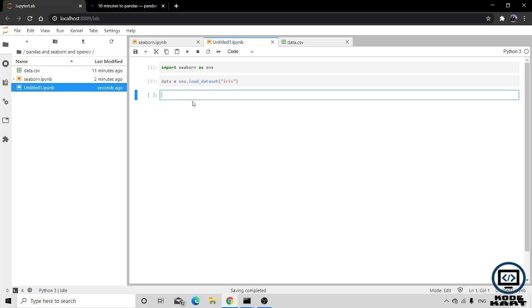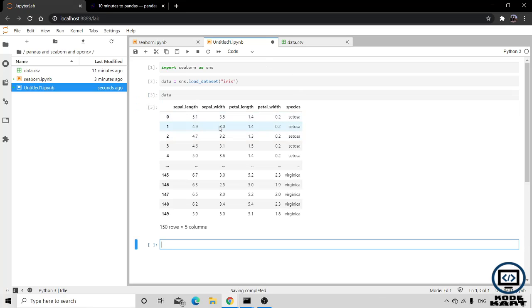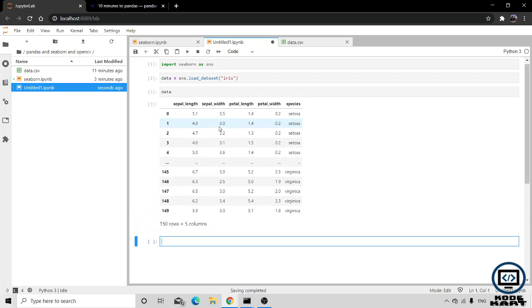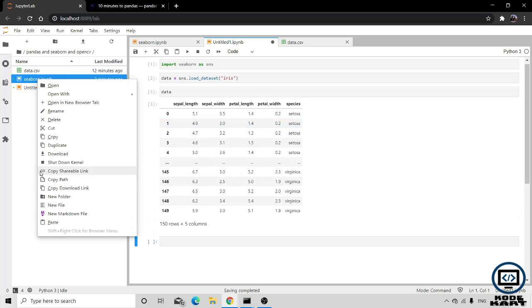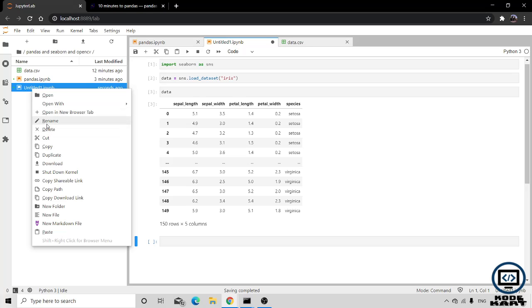After that, moving to Seaborn, I want to know the columns. We can see that data. This is our iris data set that we are seeing. Just seeing this, pandas is named as pd, and this one is named sns.